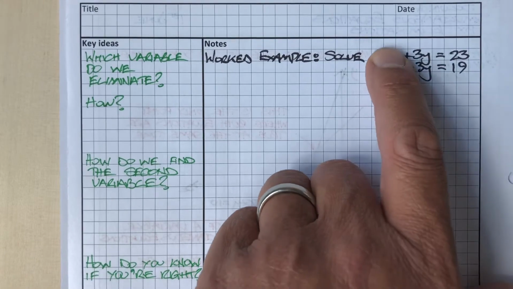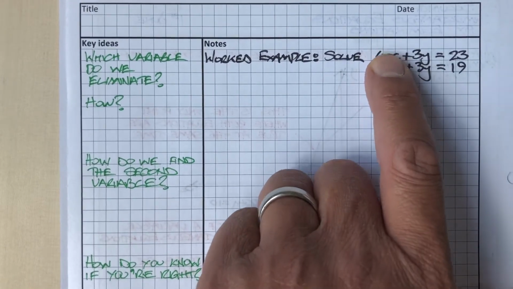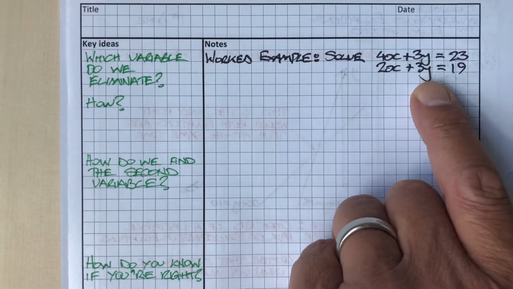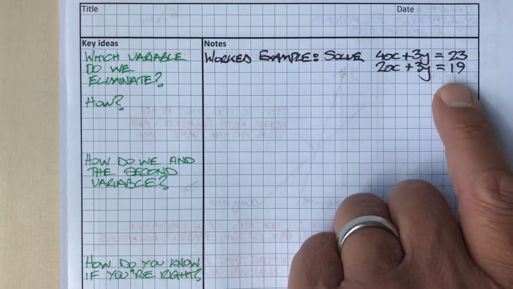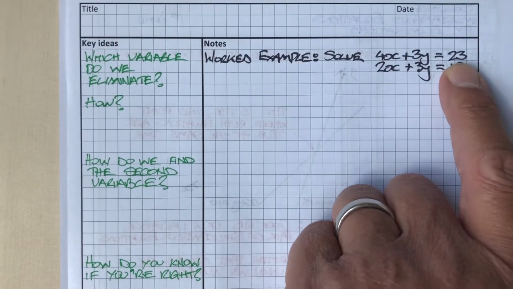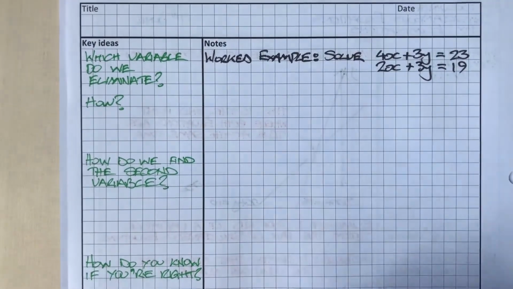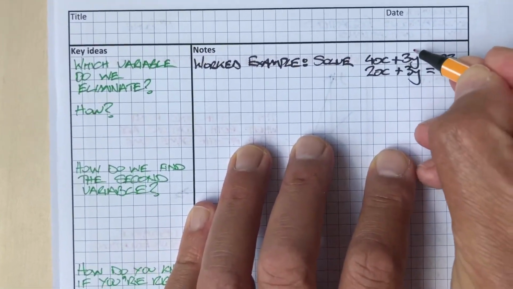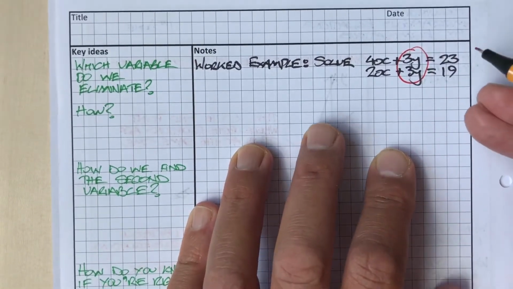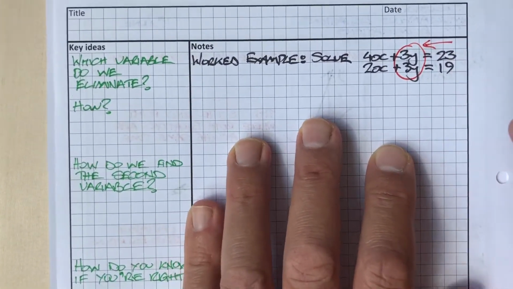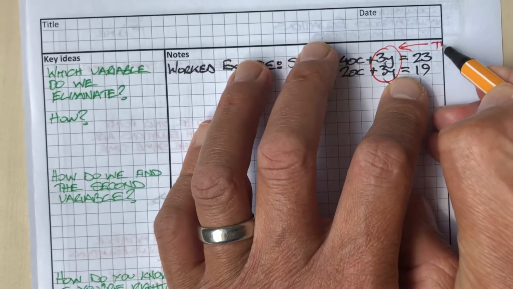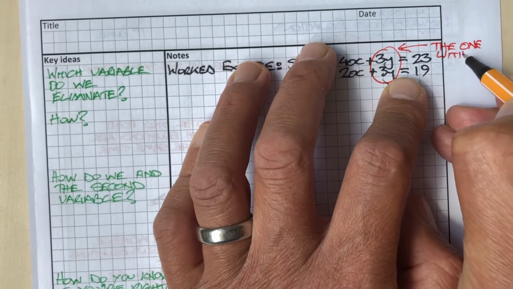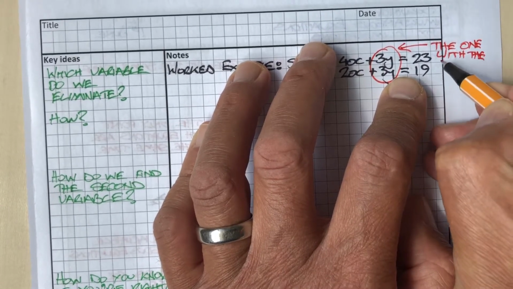So what that does is that allows me to find out the value of x. Okay, by changing the number of x's and not changing the number of y's, I can find out how big x is. All right, so that means I'm going to be ignoring y to start with. Okay, so which variable am I going to eliminate? I'm going to eliminate y. Okay, so I'm going to get rid of the one with the same